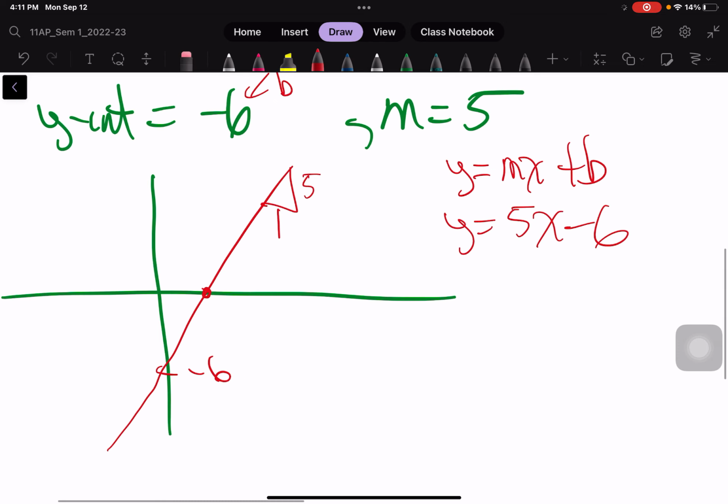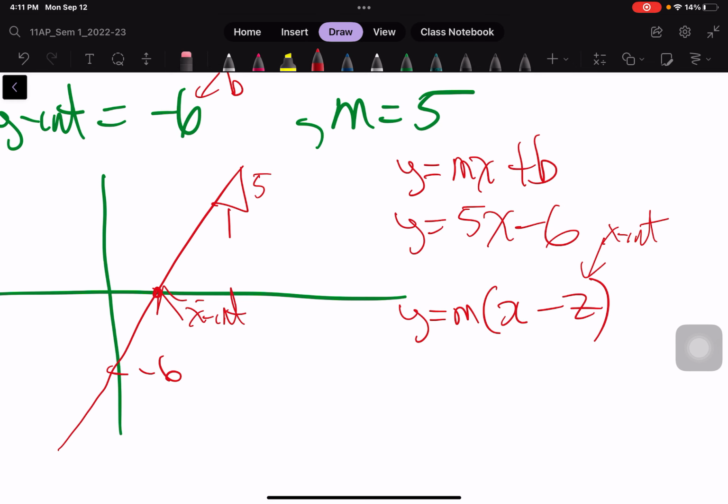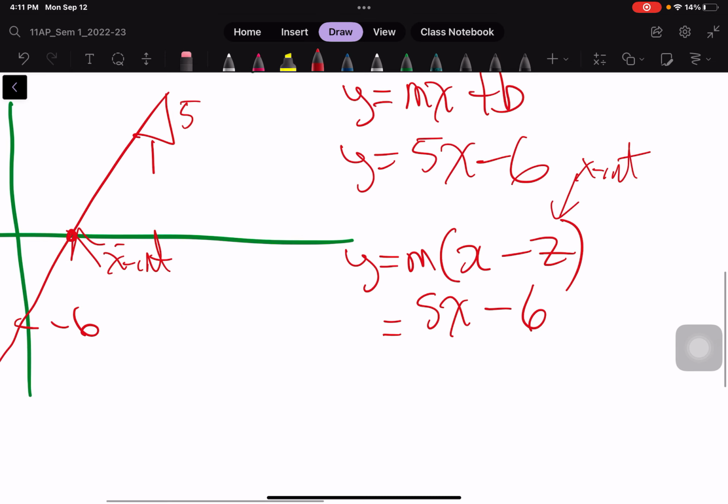minus 6. Now, what's interesting here is if I'm going to put it into slope x-intercept form, which is y equals m bracket x minus z, where z is the x-intercept, and that's right here, the x-intercept. So how would I do that? Well, I have to put it into that form, which means I'm factoring. I'm introducing a set of brackets. And what would I be factoring out? I've got 5x minus 6. So if I need to make this number 1 here, then what I need to do is divide through by